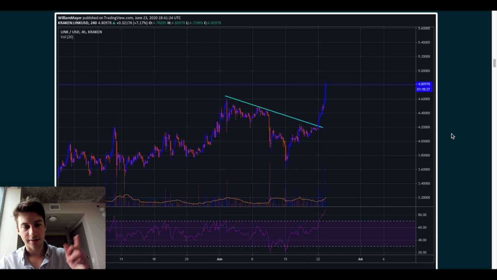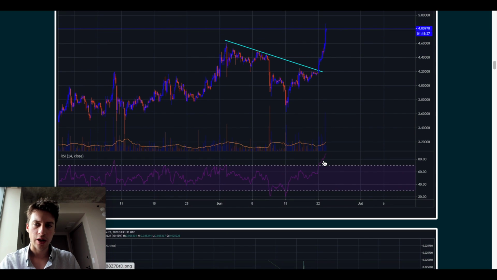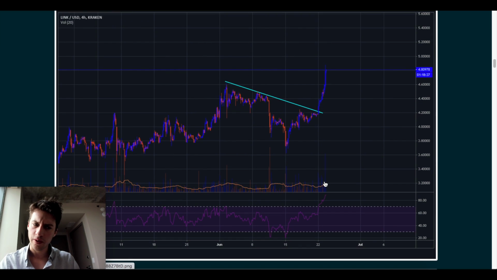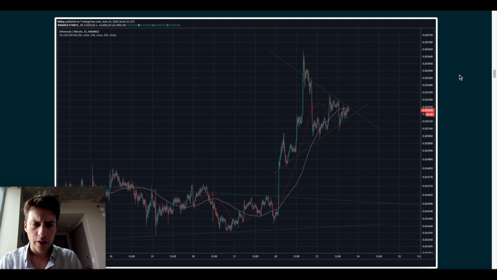Oh, next one's Link. Shocker. This guy's pretty bullish on... I think I would say this looks bullish on Link, except that RSI is very high, so typically most traders regard that as bearish. But if I was to say, is this guy trying to give us a bullish sentiment or bearish sentiment? I'd say bullish. The way he's framing it makes it look quite bullish.